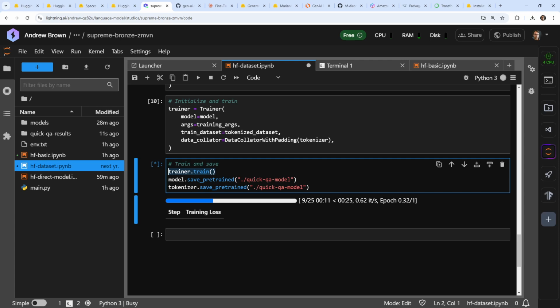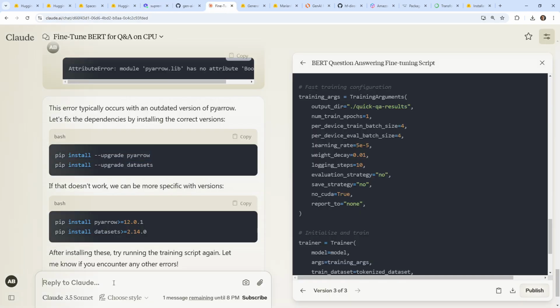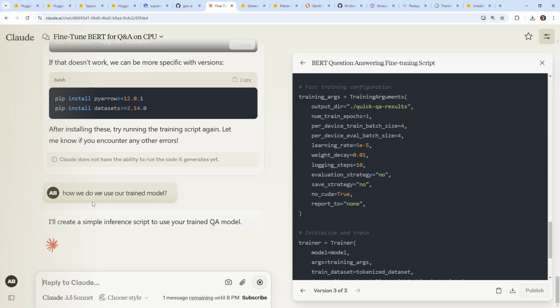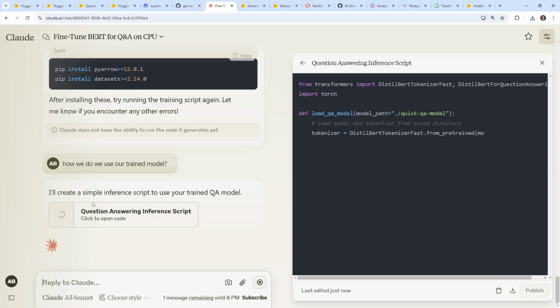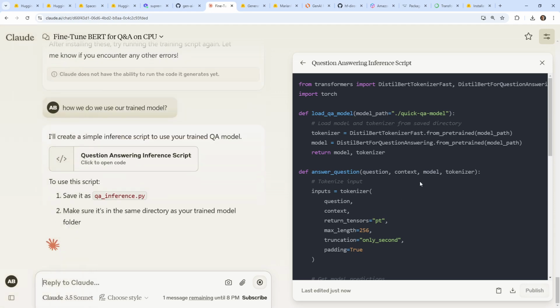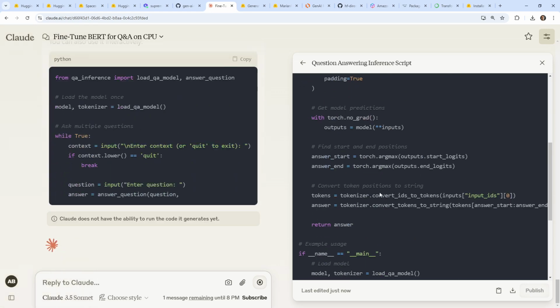The question is, how do we use the model now? How do we use our trained model? Because I don't know how. Like, can we use a pipeline? So here, and